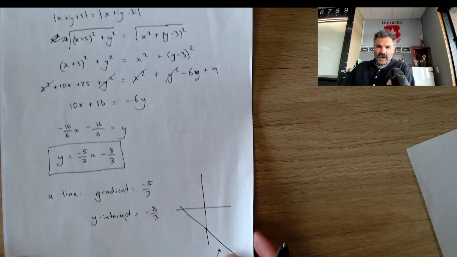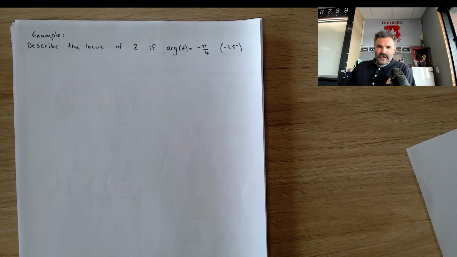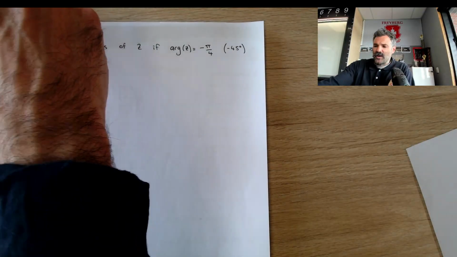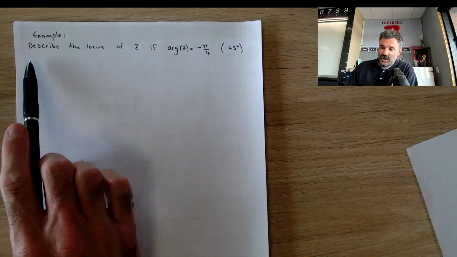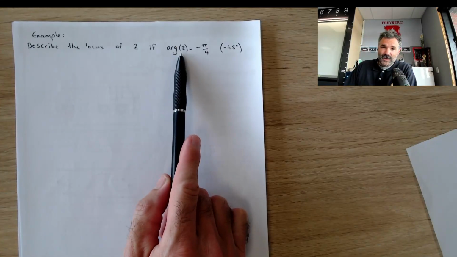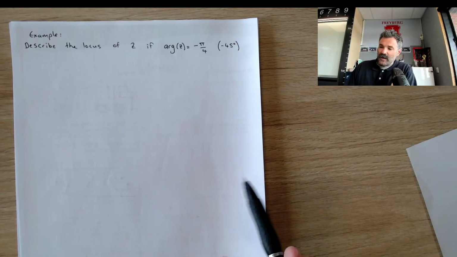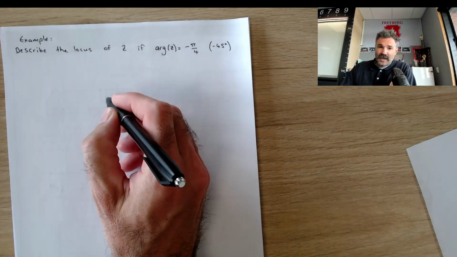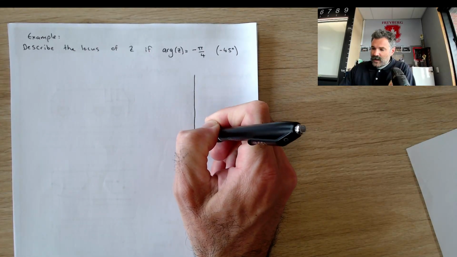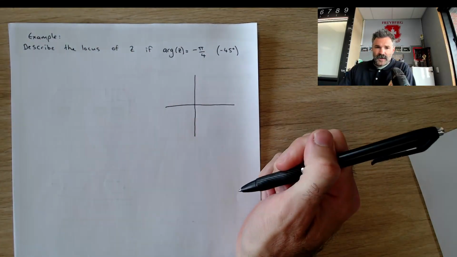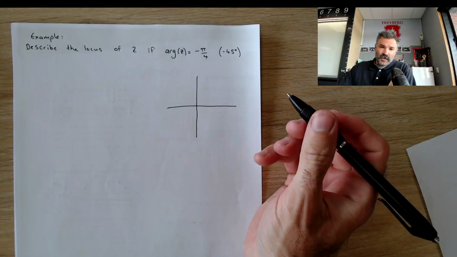Let's try one more example. It's been a long video, but it is a hard topic. Alrighty. Similar to one of the early examples I gave, just as a kind of easy one, this is probably an exam style question. Describe the locus of z if the argument of z is equal to negative pi over 4. Now, it's nice. Any argument question, real quick, we can easily describe its locus as long